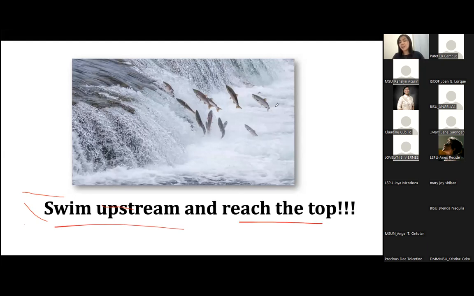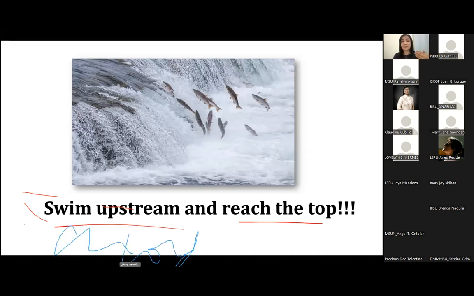Now, ano yung na-observe ninyo kay salmon? Diba, before niya ma-reach yung upstream, ang daming struggle niyang dadaanan muna. So same din, when we are reviewing for the board exam, ang dami nating mas struggle na makukuha along the way. So si salmon, in order to reach the top, anong ginagawa niya? Ang dami niyang effort na ginagawa. Too much energy. Effort is being expended. So ganito din sa atin.